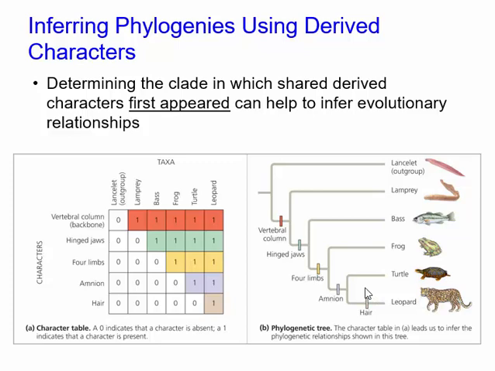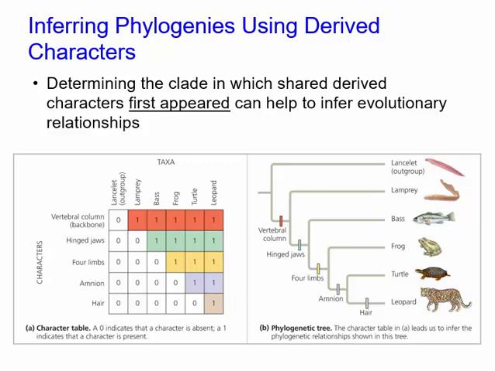And so we can reliably say, okay, anything with four limbs is going to be in here somewhere. Frogs, turtles, leopards, and whatever else fits in here. A lot of stuff fits in here. These are just representatives. And then we can learn something about the biology. We can understand something about the relationships. And so understanding where those first appear, where should we mark our tree with that characteristic appearing, can be very